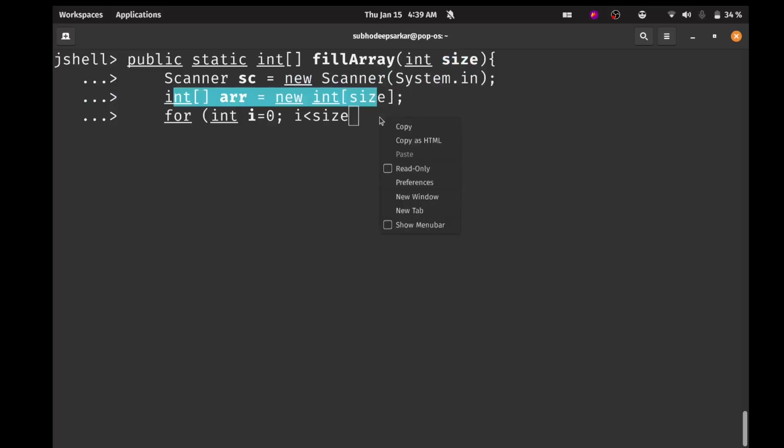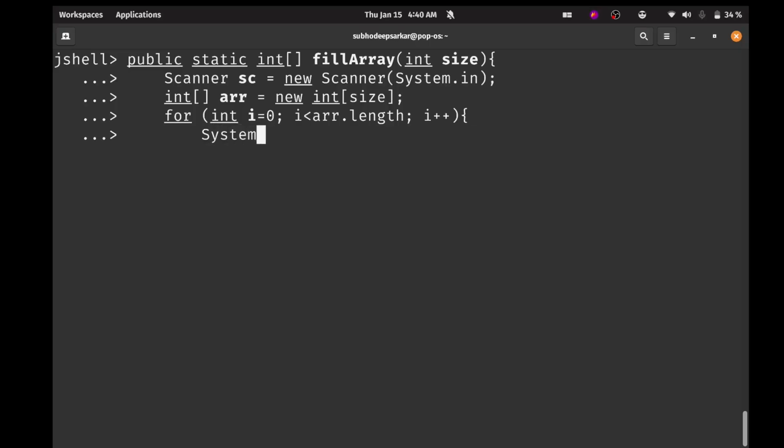So you can either say i less than size, or you can simply do whatever you are doing and say arr dot length. In any case, that's your choice. It's the same thing. All right, i plus plus. Every single time, it will print out something. System dot out dot print. It will say backslash n, enter element. The same thing that we did while taking the input from the user, right? We are doing the same thing. So enter element